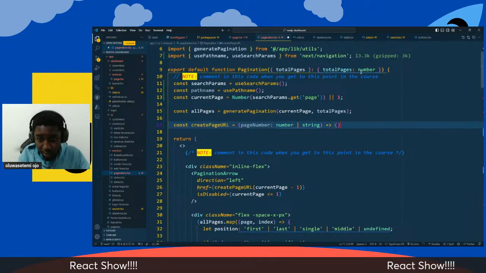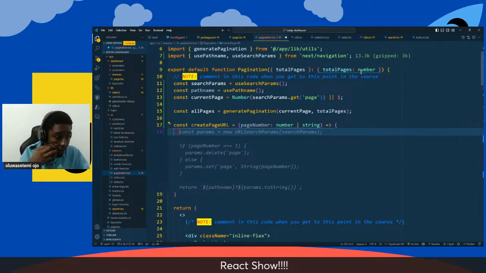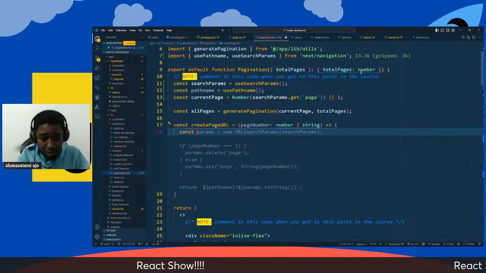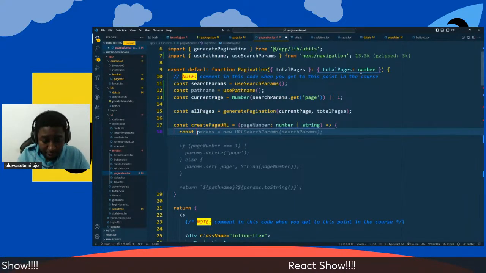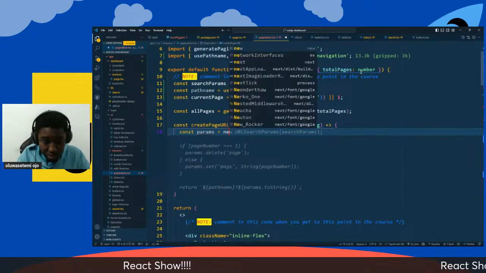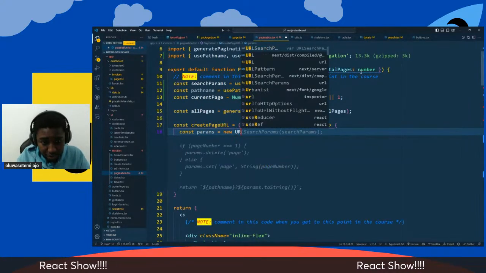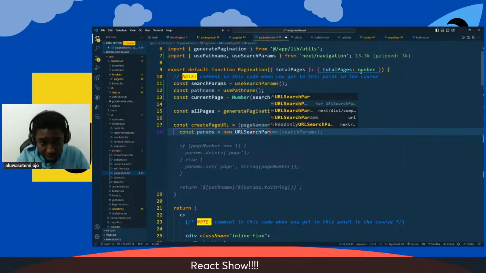And we want this here to create the new search params, equals to what? Using the new URL constructor, the new URL constructor,